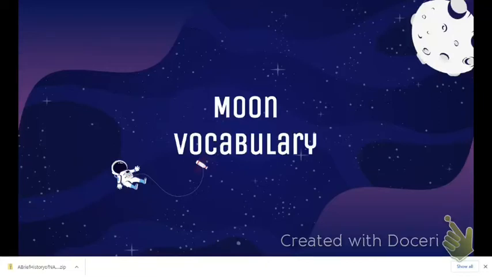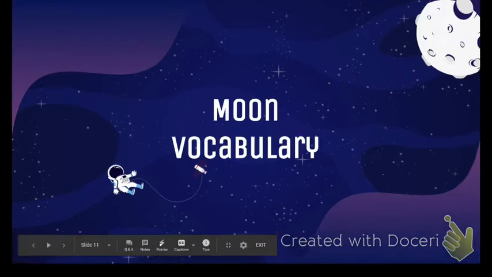Welcome to another unit of vocabulary words. We're going to continue learning about the moon this week. We're going to have some new readings, some new topics about the moon to learn, specifically astronauts and the moon landings. So you're going to need to know a few more words to feel comfortable with that material. So let's learn the words and then see what we need to do.